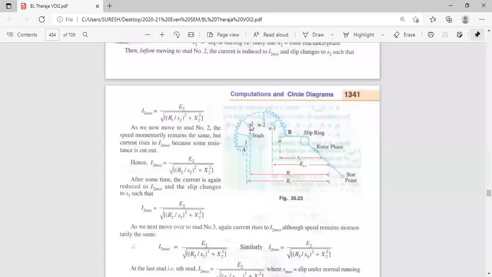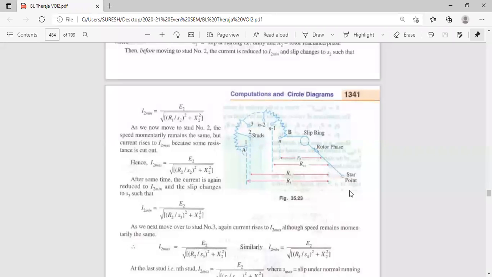2 and 3, second step. 3 and 4, third step. Next, n minus 1 and n, the n minus 1 step. Okay, totally n minus 1 steps are there here. But n number of points are there. Sorry, n number of connecting points are there. This is one connecting point. 2 is the connecting point. 3 is the connecting point. So connecting points are n, but the number of steps is n minus 1. Why? In between 1 and 2 is one step. In between n minus 1 and n is the n minus 1 step. So n minus 1 steps are there, and n connecting points are there.